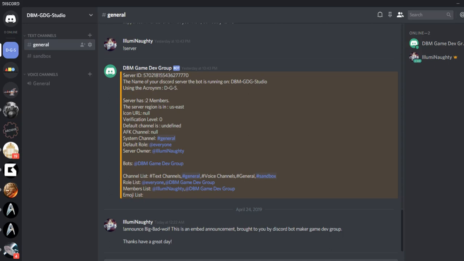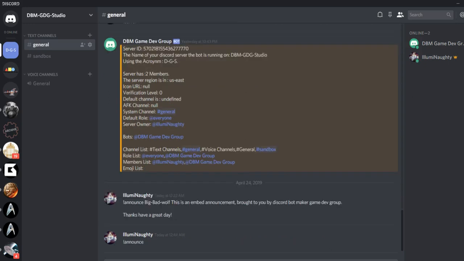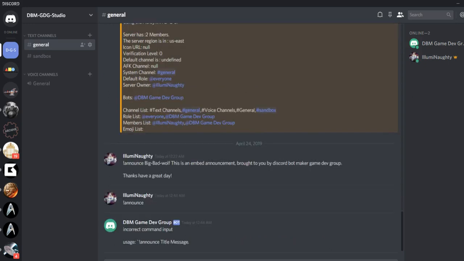And here we're going to put a no announce. Press enter. Okay, so we did get the incorrect command input. Usage is prefix, of course, the prefix is whatever you set underneath your settings for your bot. The announce, title, and the message, which are the two parameters that we need to get this announce command to work. So now that we know that that's actually working, let's go ahead and see if it'll skip